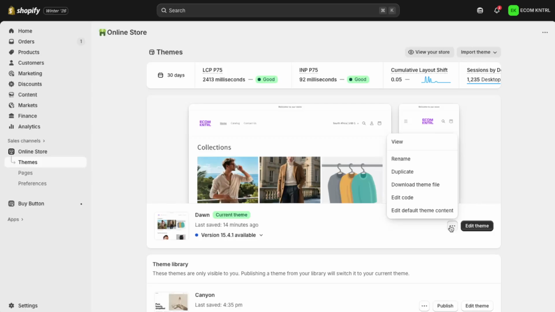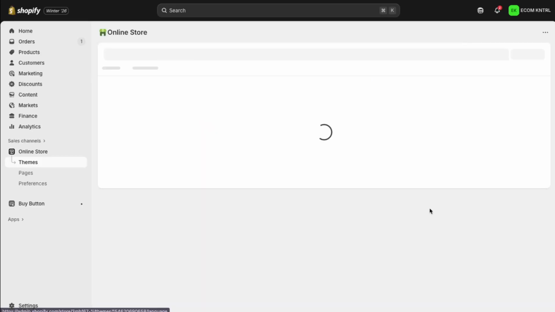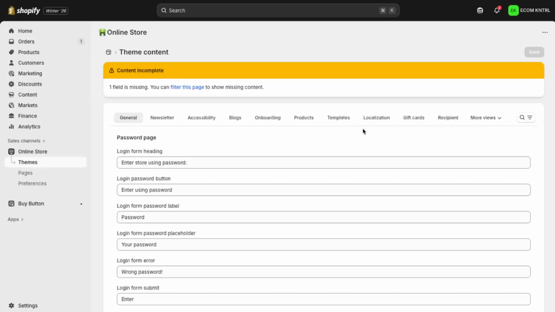This section controls all the text strings used throughout your store, including messages that appear at checkout. Once the theme content page opens, you'll see a search bar near the top. Click into that search bar so you can filter the text fields more easily. In the search bar, type the word Sections. This helps narrow down the long list of content fields to only those related to certain sections of your store,